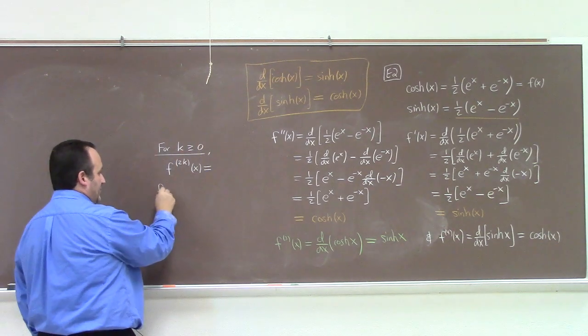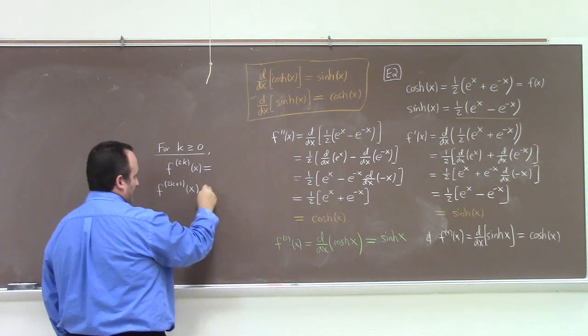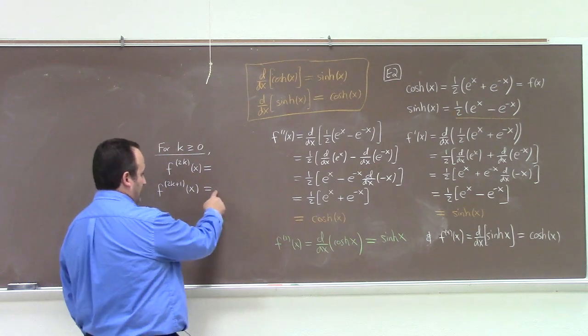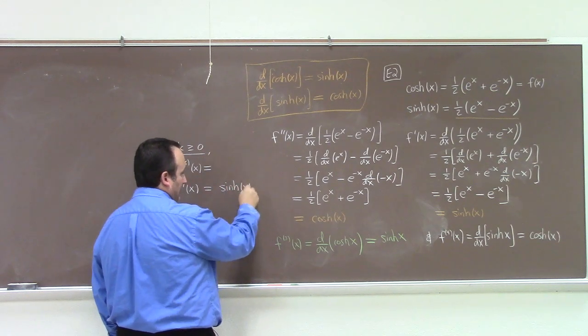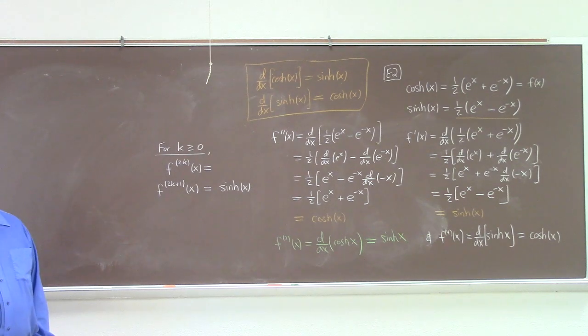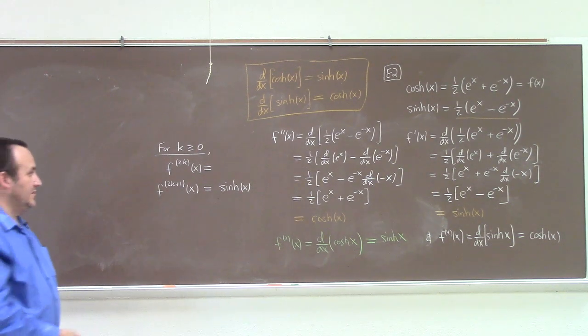And what would the 2k plus 1th derivative of x be equal to? Sinh for this one, right? Because the first derivative is sinh, the third derivative is sinh, right? But the even derivatives, like the 0th one is cosh, the second derivative is cosh, and the fourth derivative is also cosh. So